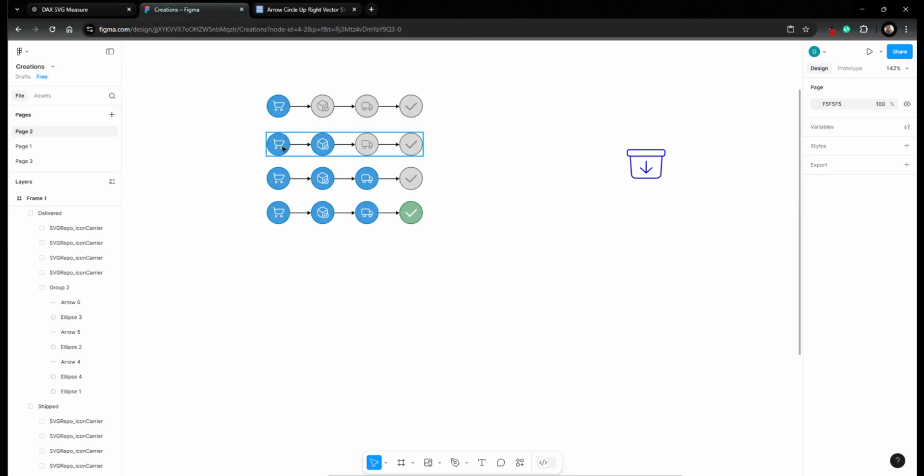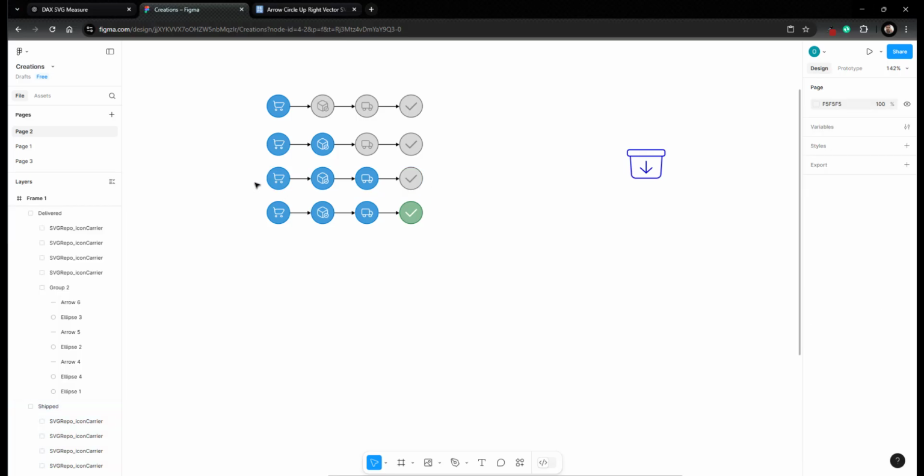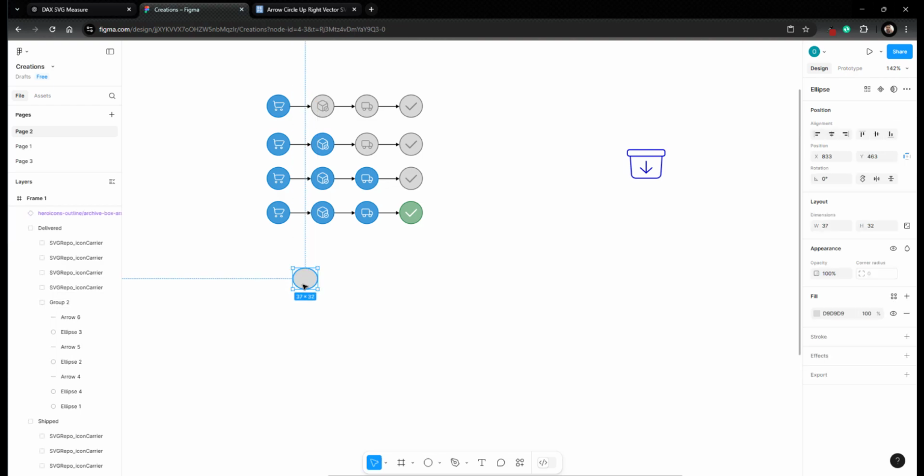We will create the shapes by ourselves. Then we will include some SVG icons, group them, and then create our SVG. For example, if we have to create an SVG icon like this, we will start by creating shapes. We will start with an ellipse, let's say, and we will draw a random ellipse, and we will